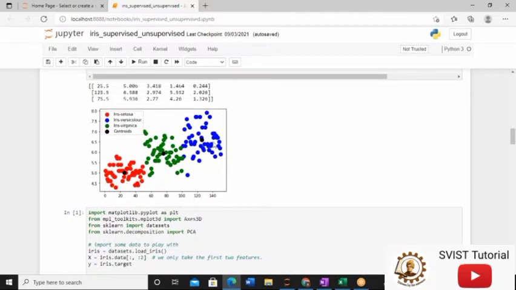So this is the output of the K-means clustering algorithm. Now tell me one point, what kind of clustering is it? We have Setosa, versicolor and Virginica in 3 different clusters. Is it a hard cluster or soft cluster? Hard clustering, right? Because once it is a Setosa, it can never be a versicolor or Virginica. Again, there is another conclusion: which kind of clustering algorithm you have to use, hard or soft, depends on the data set.